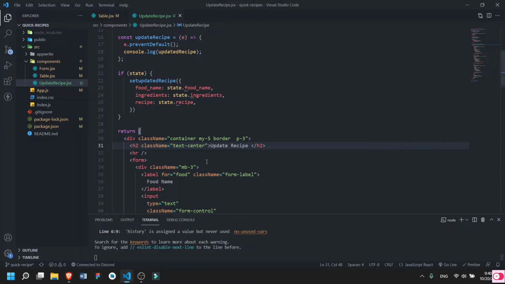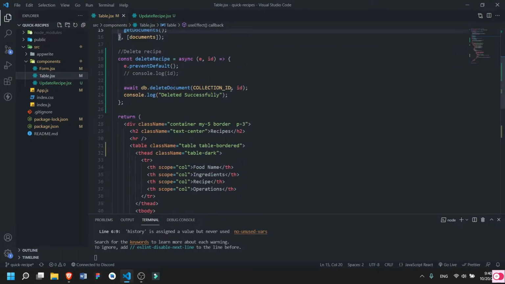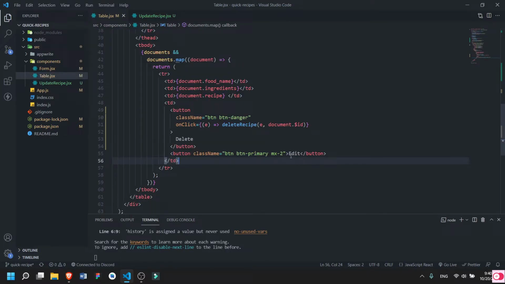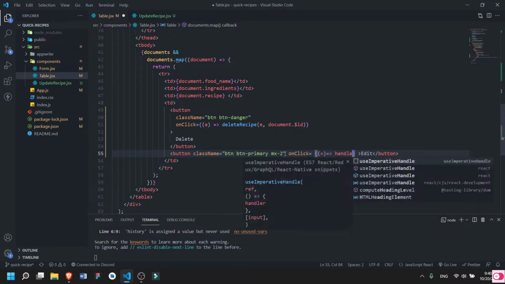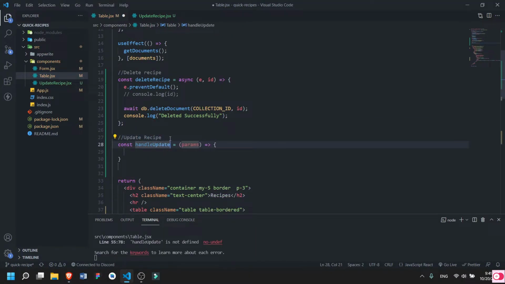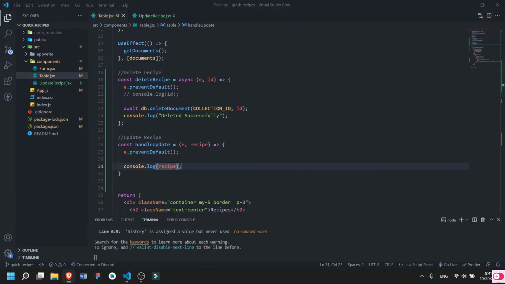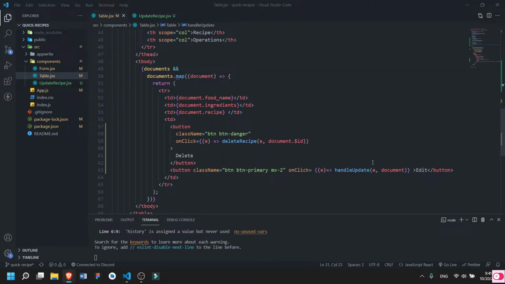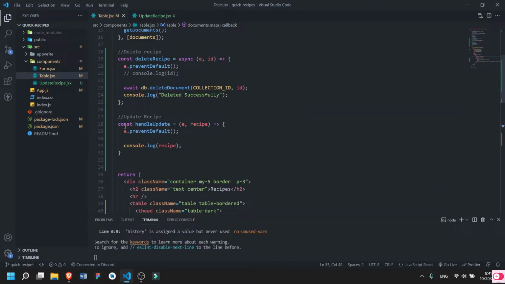So let's go to our code. Let's go to table and add on click on edit button. So here you can see when edit button is clicked, handle update will be triggered, and this will pass the event and the document, and after that this will catch the event and recipe.